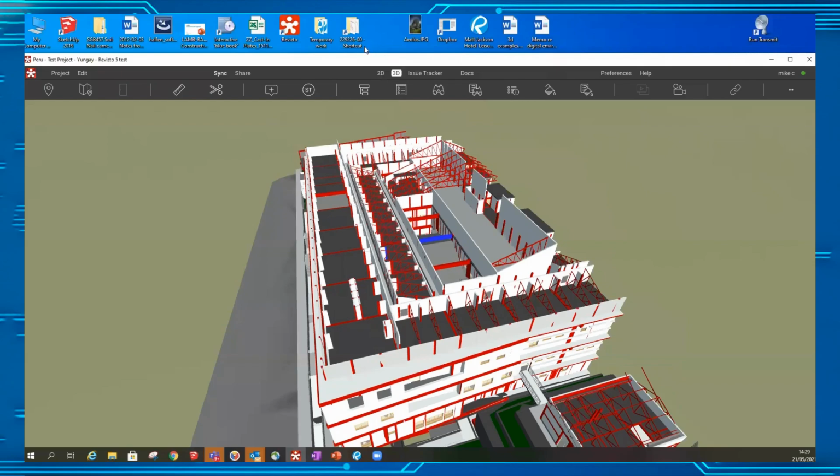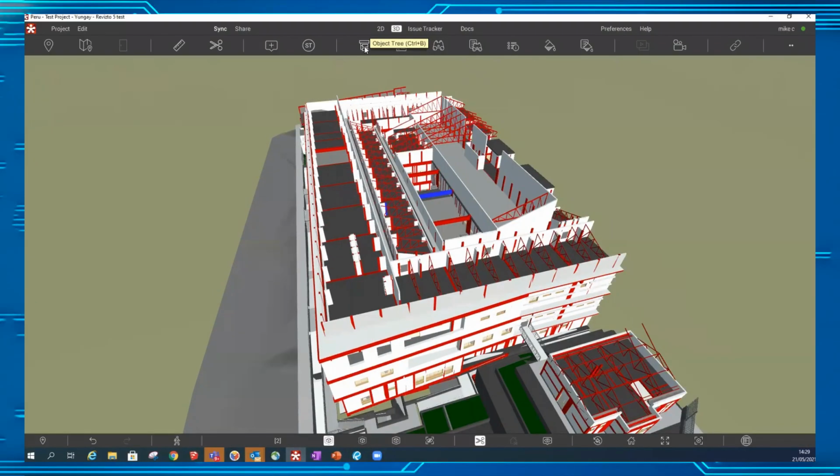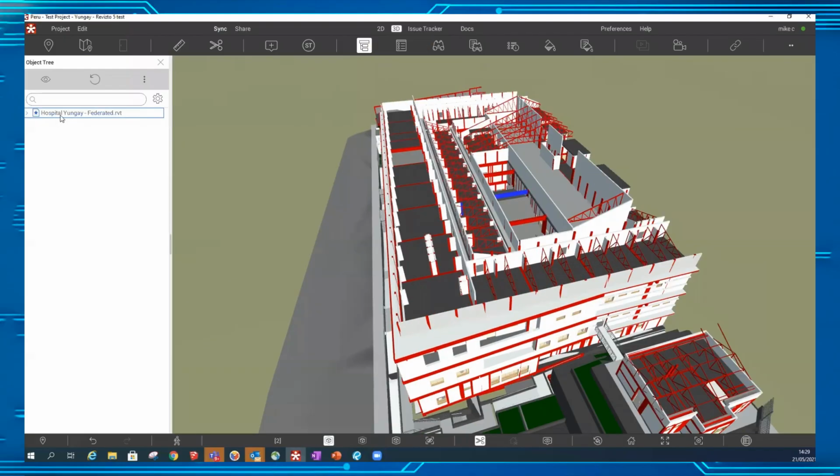So the first one, the object tree, brings up here a list of models. Now in this case, this is a federated model, and if I expand that, it's made up of an architectural model, a structural model, and an equipment model. Now, depending on what I want to do, I might want to see all of these, one of them only, two of them, or